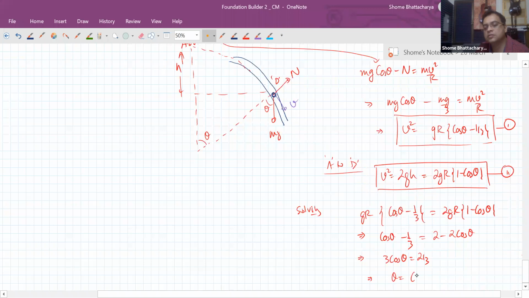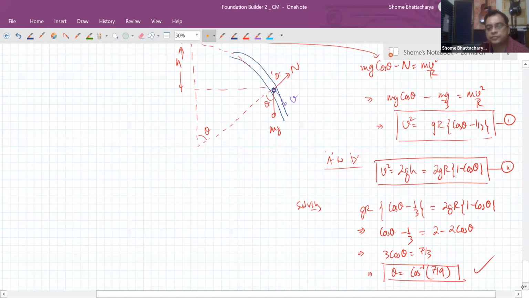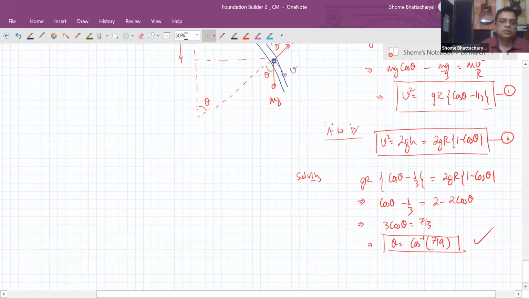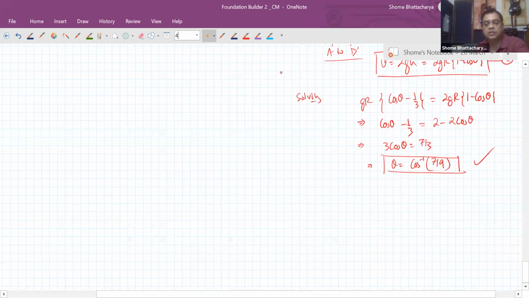So theta is cos inverse, 7 by 9. Okay, so this is this part. Now the B part,